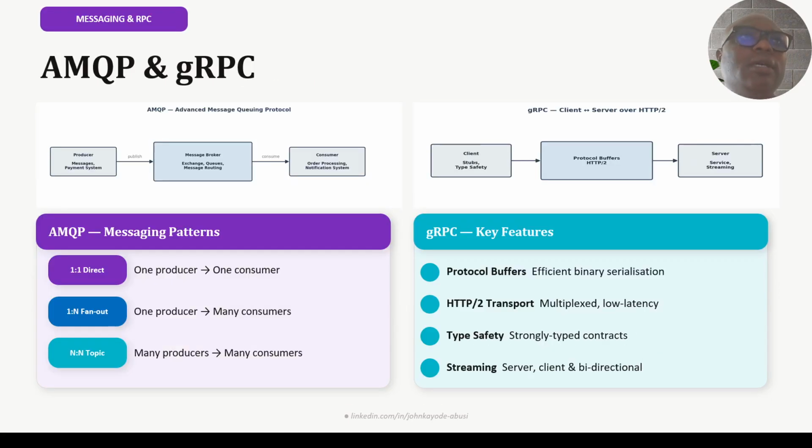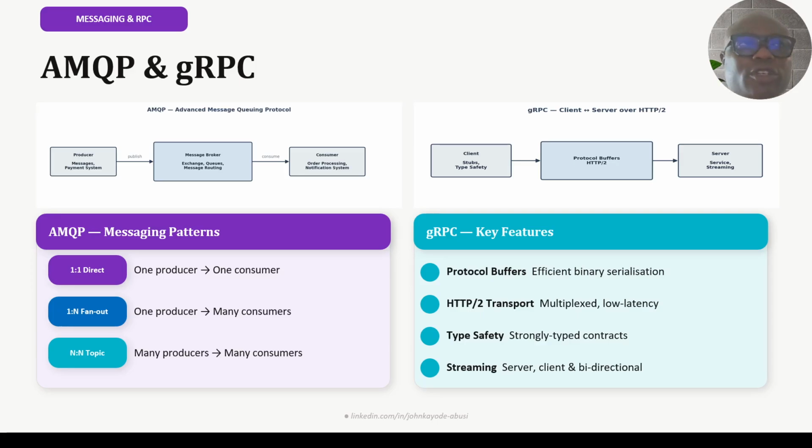Okay, let's look at messaging and RPC. So for instance, if you look at AMQP and gRPC, AMQP is the Advanced Messaging Queue Protocol. In the case of AMQP, we have a producer, we have a message broker, we have a consumer. What happens is that a producer produces the messages and publishes them to a message broker. In the message broker, you can have something like a queue or topic. So okay, now the consumer will subscribe to the broker, to the queue or to the topic, and from